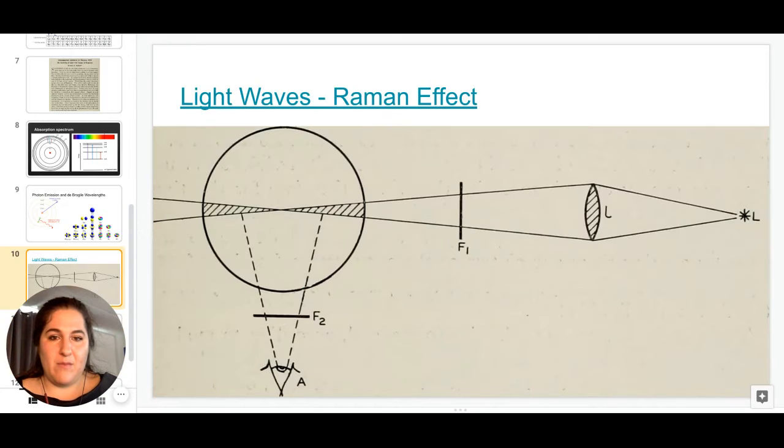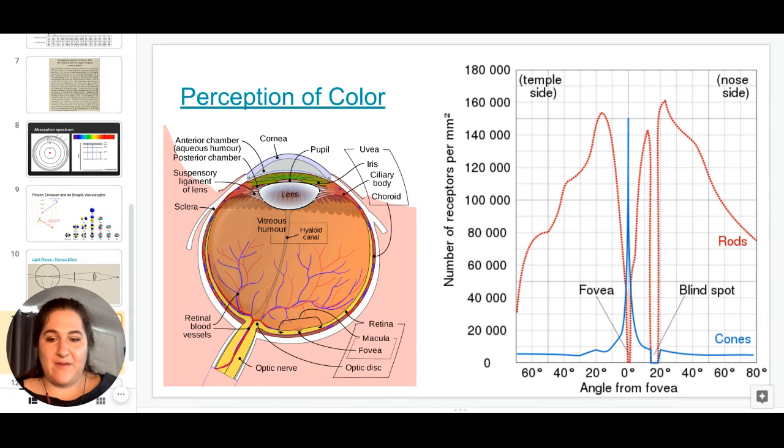So, because light waves are emitted and our eyes can perceive them and see them, I want to give you a little bit of an anatomy lesson about how the eye perceives color. Now, there's a lot going on in this image on the left. I'll get to the image on the right here in a little bit. But the most important part of this image on the left is this